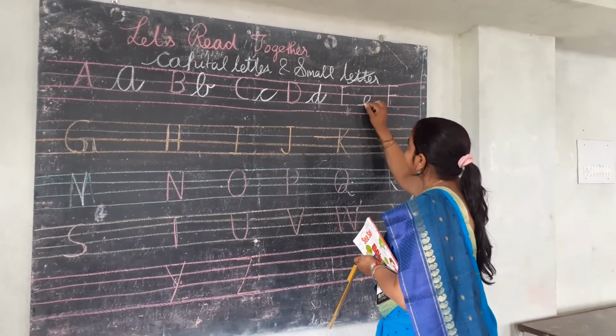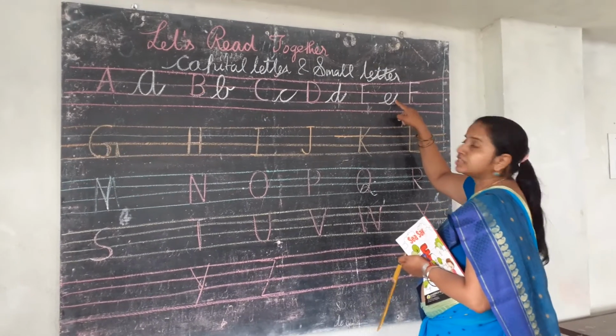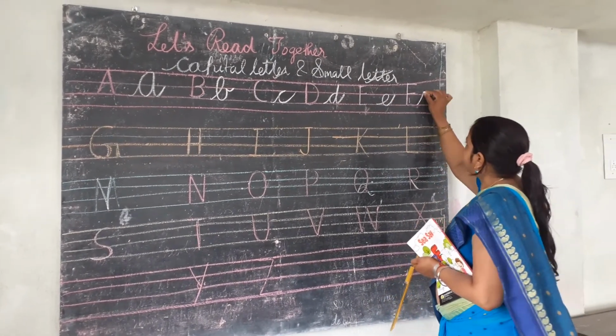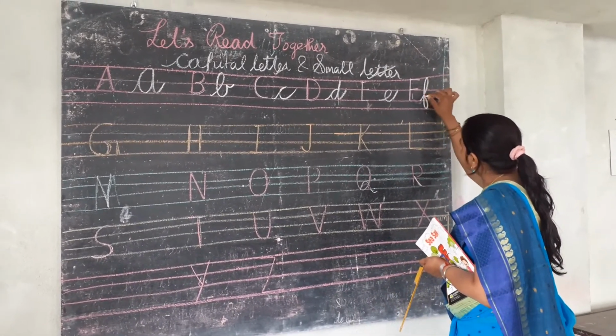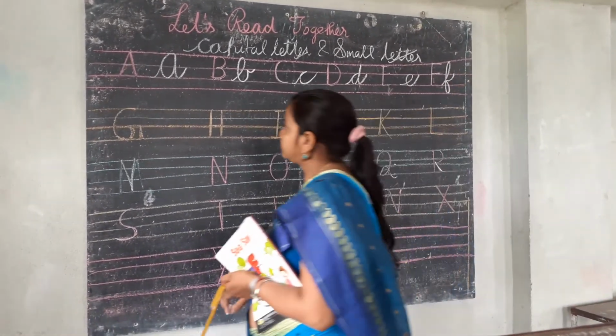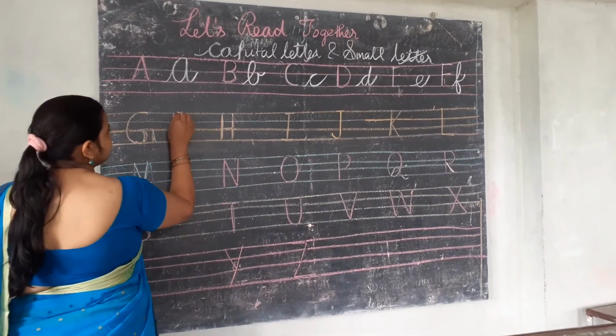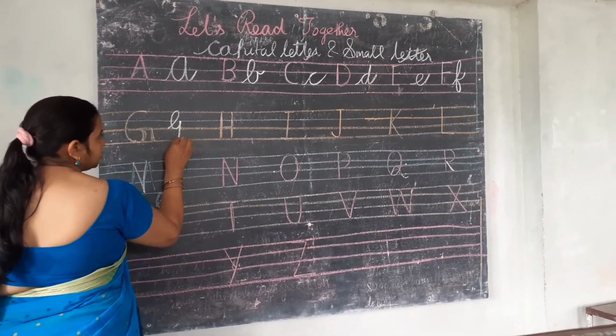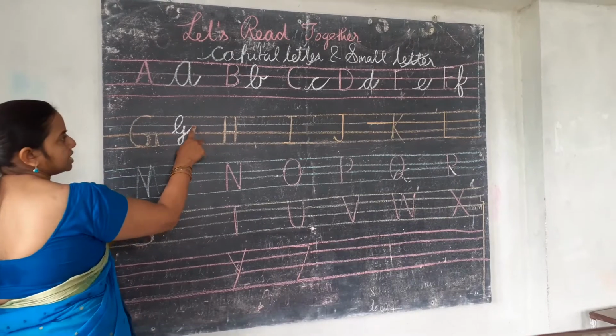And then similarly E you have to touch, you will not leave the line in the middle, E. And then F you will touch it like that. Okay, the line should be touched in the third line, F. Then G you see, we'll take it like that, and then we'll take it up. We have to touch this line, G.